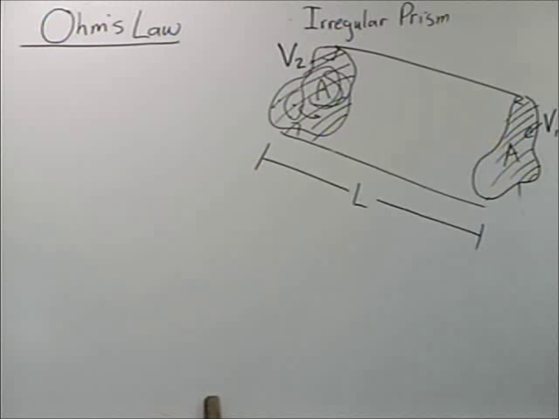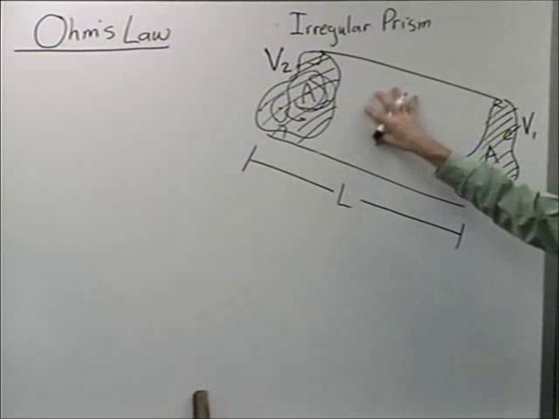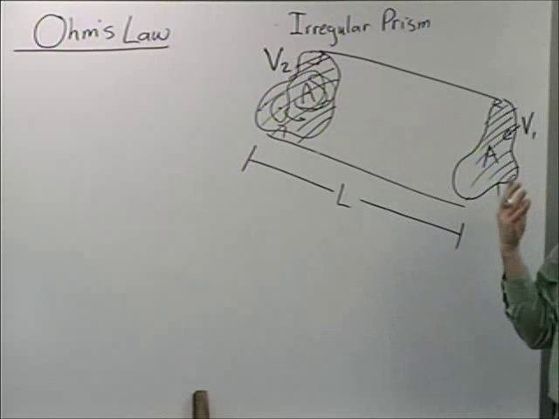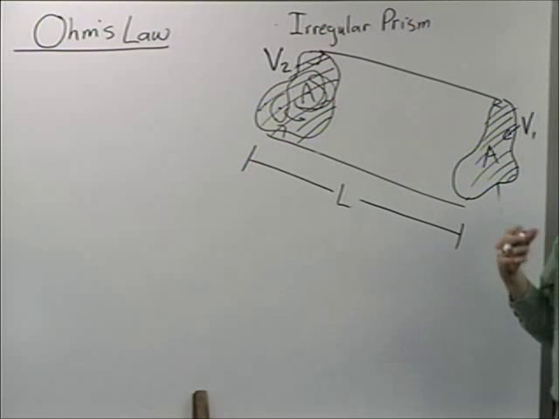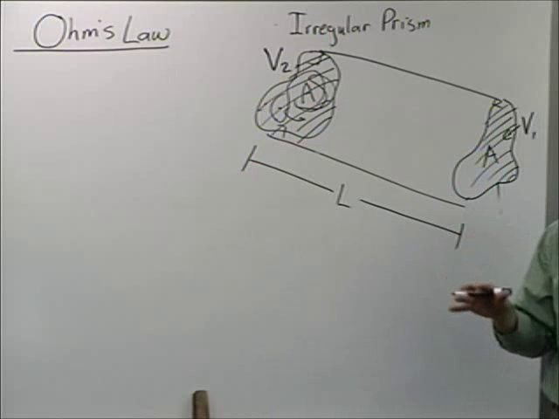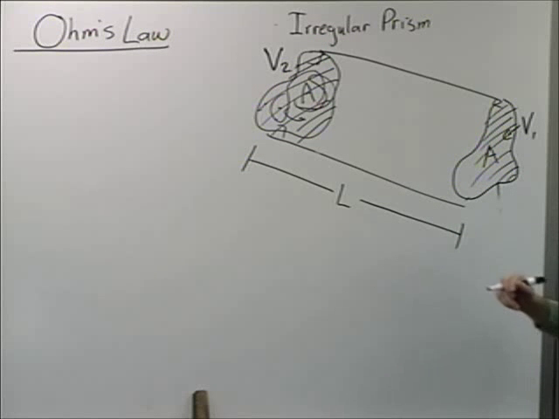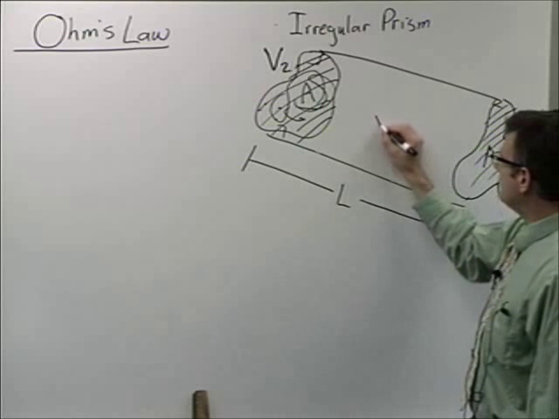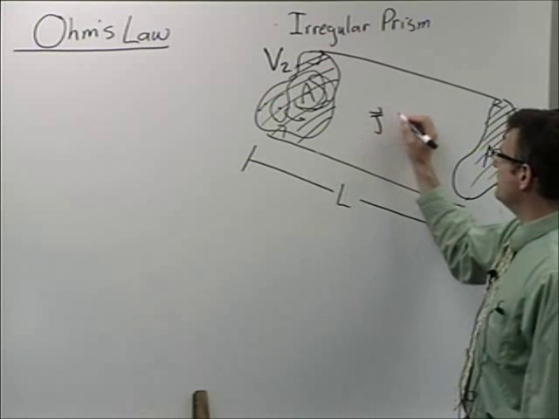Now, what else do I know about this? Well, presumably I don't have metal here. I just have an arbitrary substance. It could be a dielectric, it could be a good metal, it could be a cruddy kind of metal, a semiconductor. We know from physics that J, our current density vector,